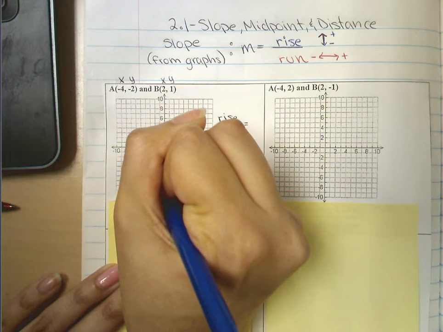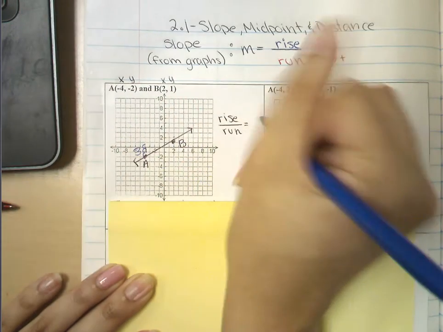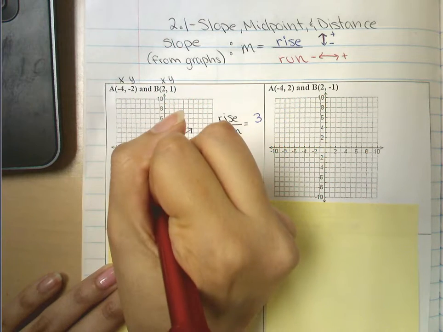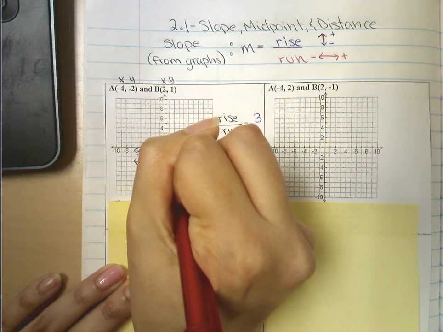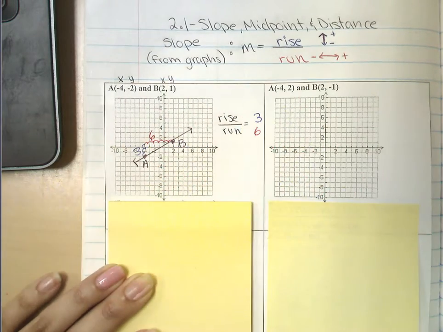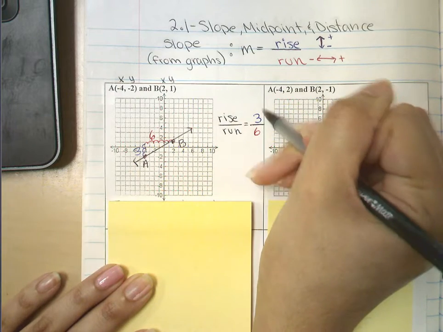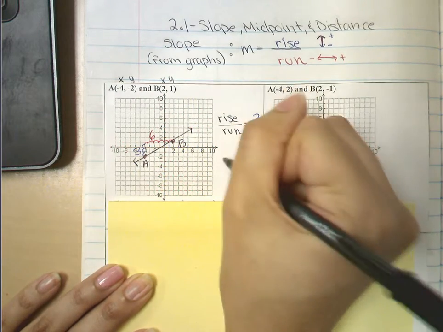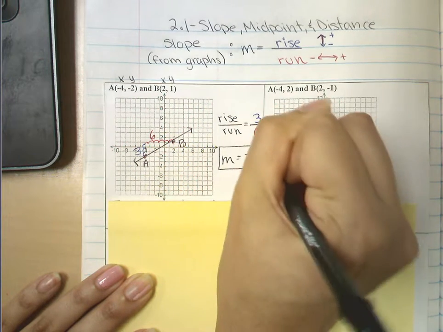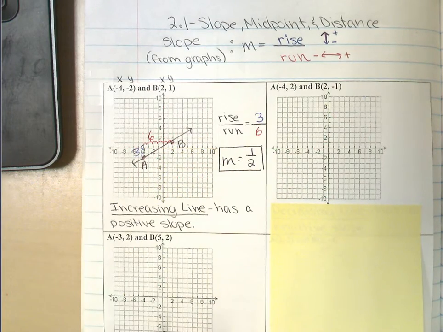I go up 1, 2, 3. So that's my rise, 3. And then my run would be 1, 2, 3, 4, 5, 6 to the right. So over 6. Rise is always on top, run is always on the bottom, and then you just divide 3 divided by 6. That simplifies to 1/2. So my slope is positive 1/2, and anytime you have a positive slope, that is called